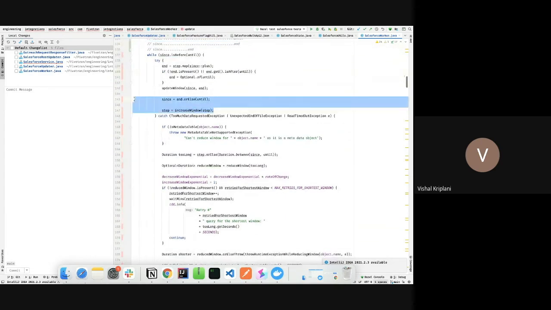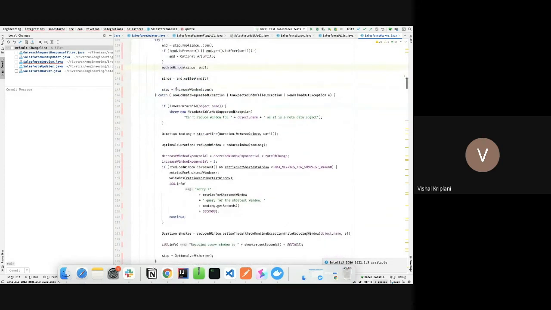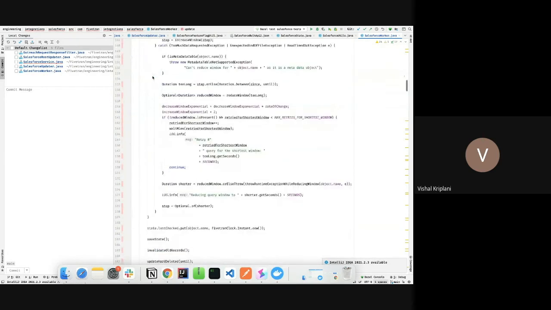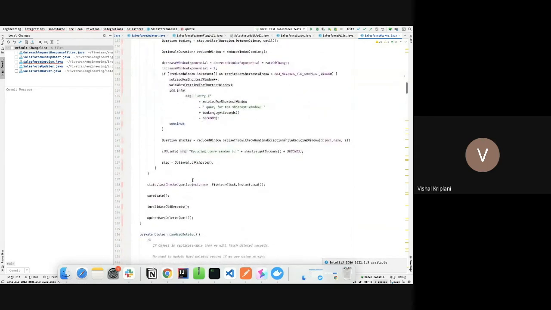Okay, so this is the thing. Now what happens after we do sync? Let's suppose this window is updated. After updating this window, we do a couple more things. We first mark the last checked, as Shiva told, like we have to mark the last checked as the time whenever we check this object, irrespective of whether we synced the records of this object or not. We will save the current time in the last checked. We save the state. We invalidate old records and we update hard deleted. Now what are these things? We'll discuss it a bit later.